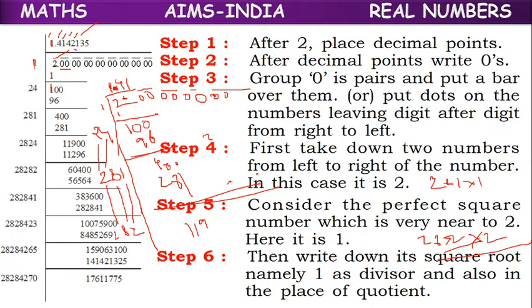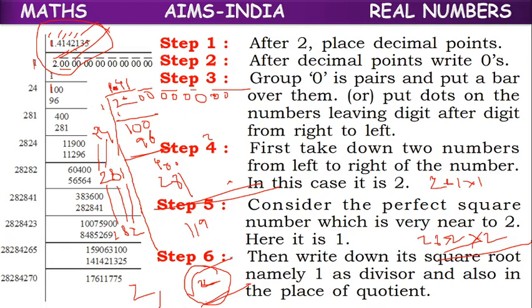So if we take the square root of 2, whatever decimal value we have got does not belong to the rational numbers. 2 is a rational number, but root 2 is not a rational number. Why? Root 2's value is not terminating, not repeating. These kinds of numbers we call irrational numbers.